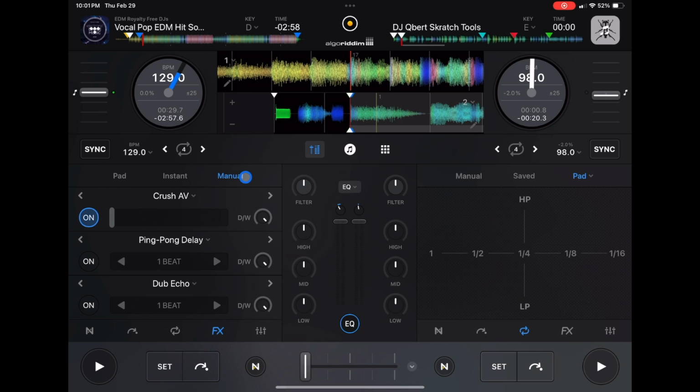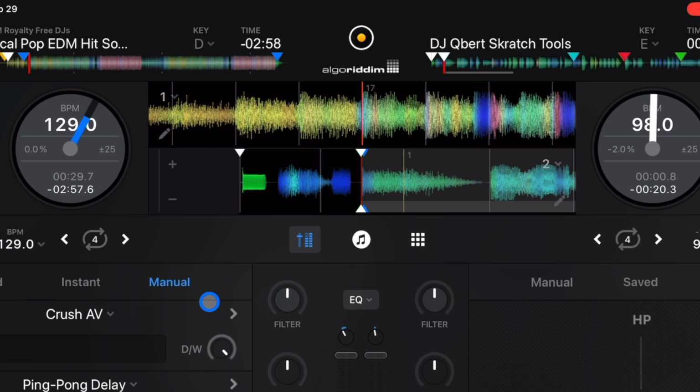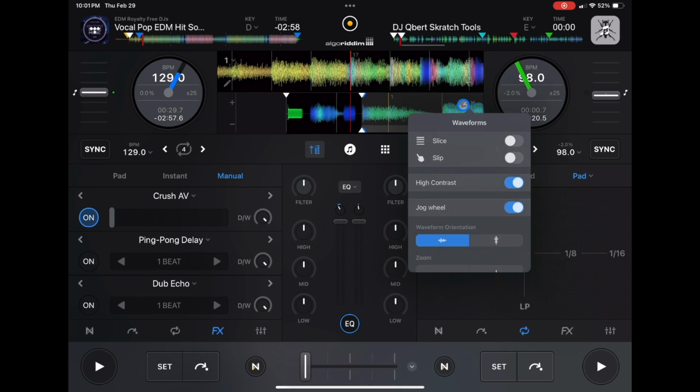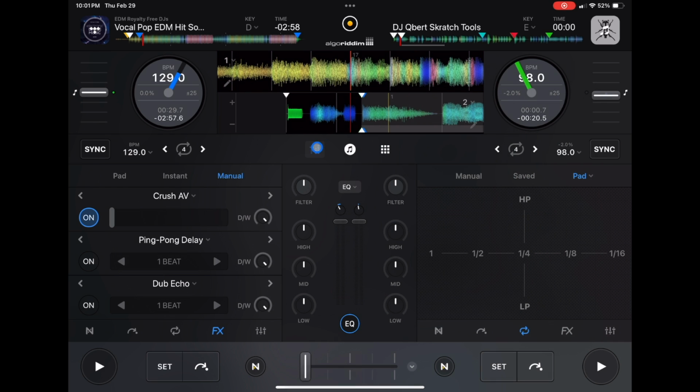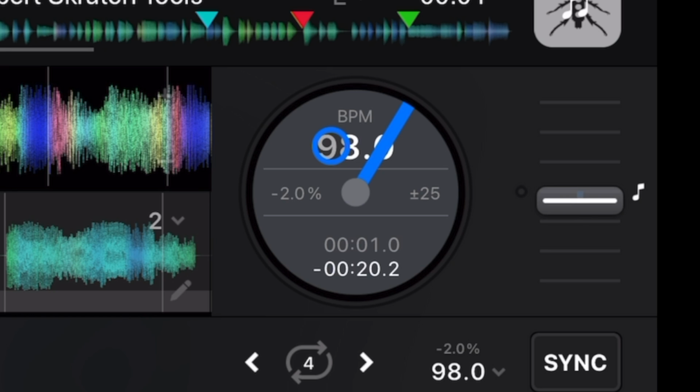So in Pro mode, we still have the same exact thing on the bottom. It is a little bit smaller, but we get this big view of our waveforms. You could even make the waveforms vertical if you like. You can make the whole thing the waveforms. You have access to these jog wheels, and yes, they are smaller than the jog wheels in classic mode, but they do have a lot of information,